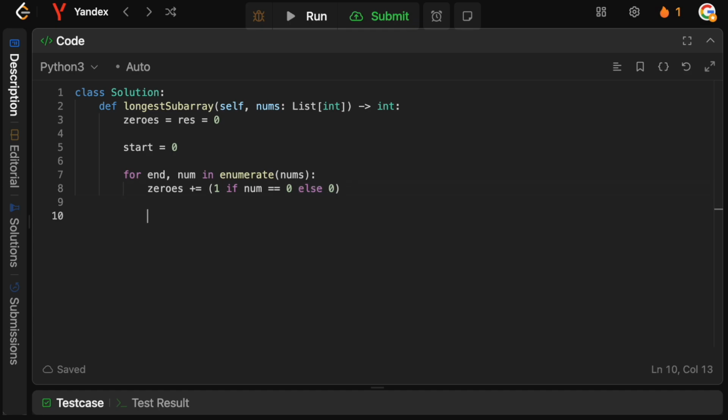Now that we've added a 0, we actually need to double check whether or not we have more than 1 zero. If we have more than 1 zero, then we're not allowed to take this zero, and we need to reduce the size of our sliding window by moving start up. So what we're going to do now is say while zeros is greater than 1,